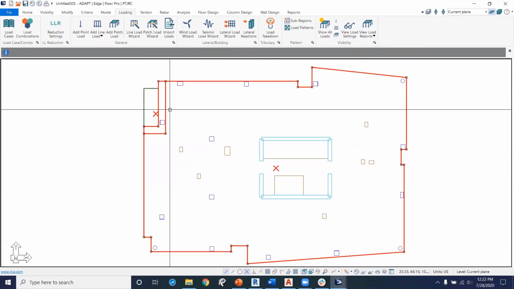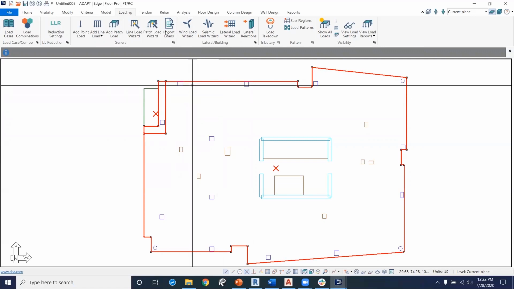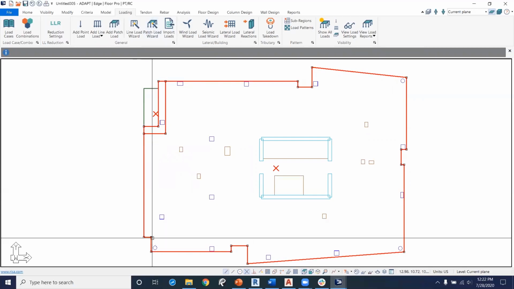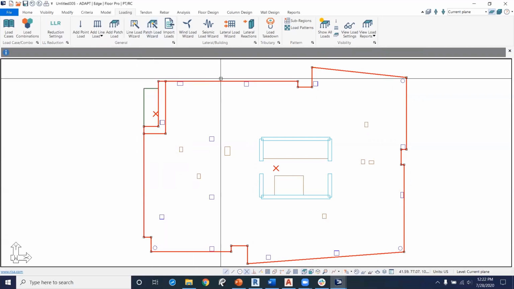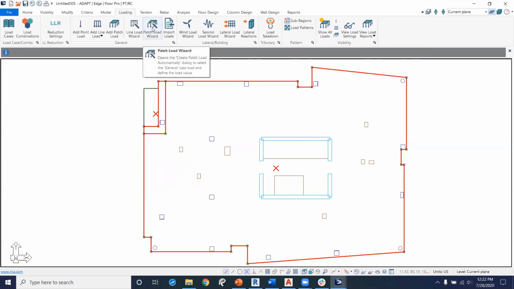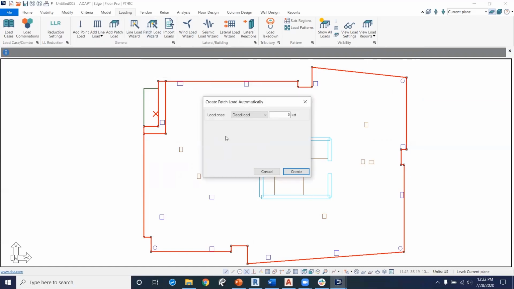I'm going to leave the balcony alone since it's so thin. You could add different ones there, but by selecting the slab region, I'm able to use our patch load wizard. So instead of going through and snapping the patch load to each one of these vertices, I can just select the slab region, click our patch load wizard, and specify, in this case, a dead load. We'll use 15 PSF, click create,